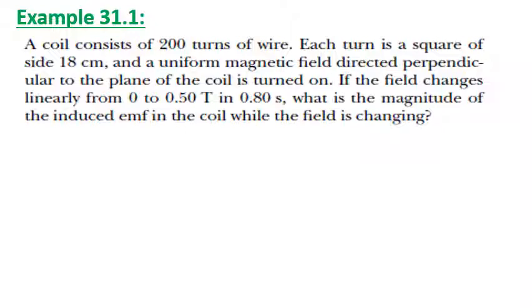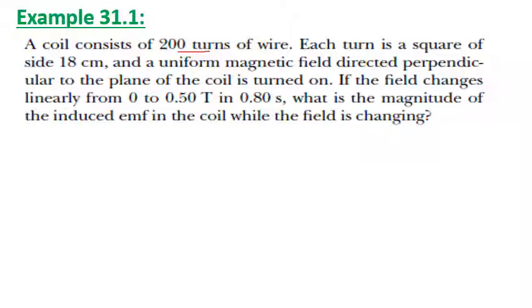Okay, now we'll go through some example problems related to Faraday's law and induced EMF and electric fields. In example 31.1, a coil consists of 200 turns of wire. So, capital N is 200. Each turn is a square of side 18 centimeters. So, area will be